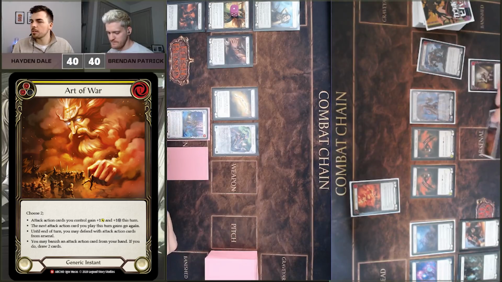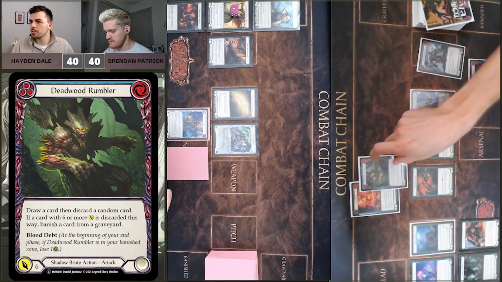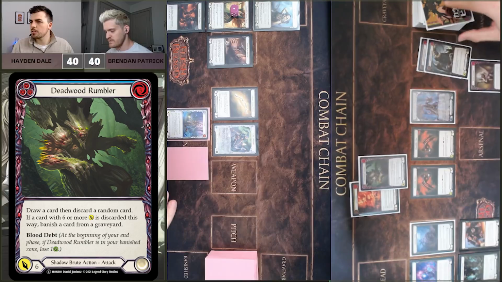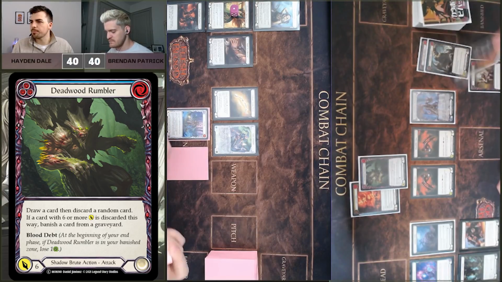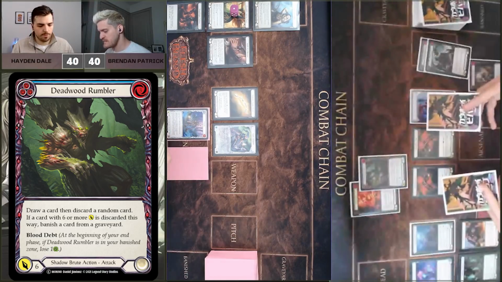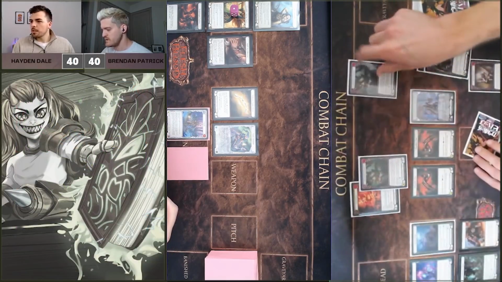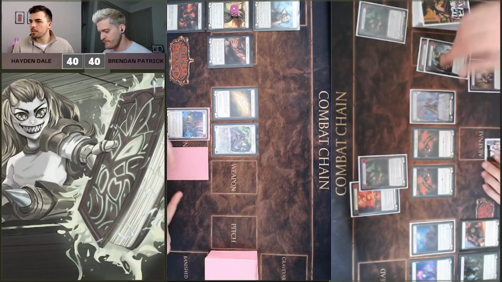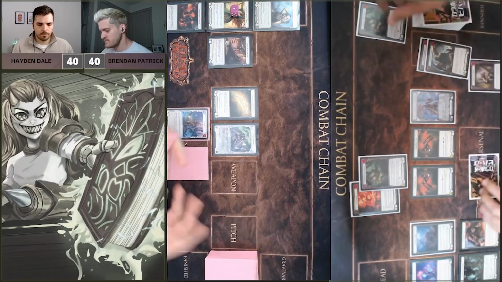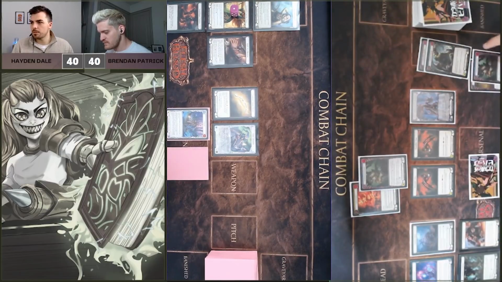So, interesting in that case. I'm just going to play the Dreadwood Rumbler and pitch the Wrecker Romp. I'll draw and discard a card. Yep. Just go left or right. You're left. Okay. It's going to be a Dreadwood Rumbler. So 6 or more, discard, banish a card from a graveyard. Yeah, I have no cards currently, so it's going to be your...